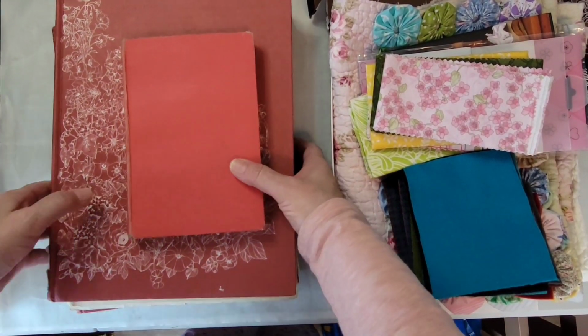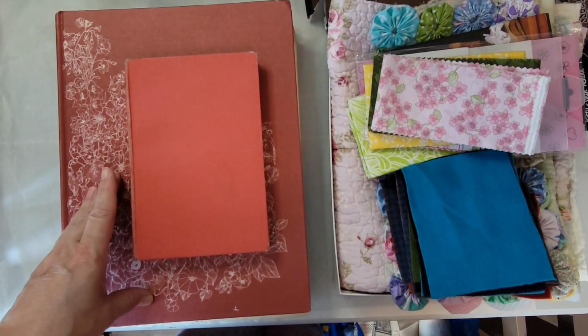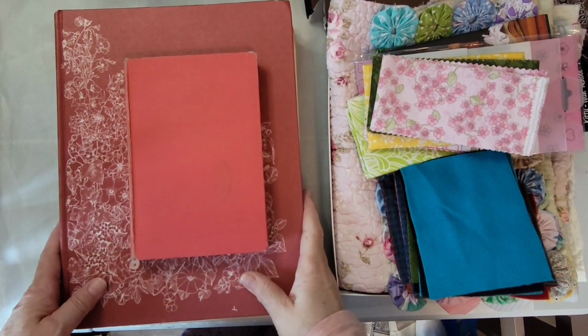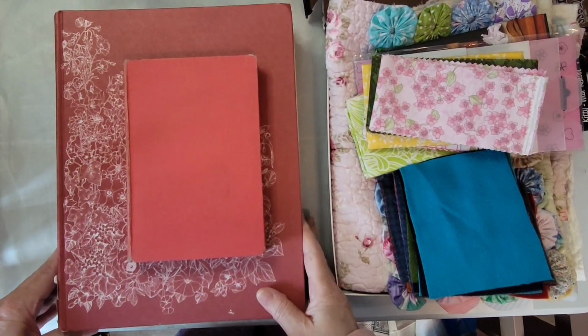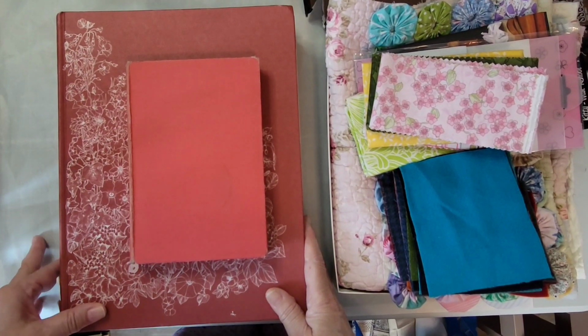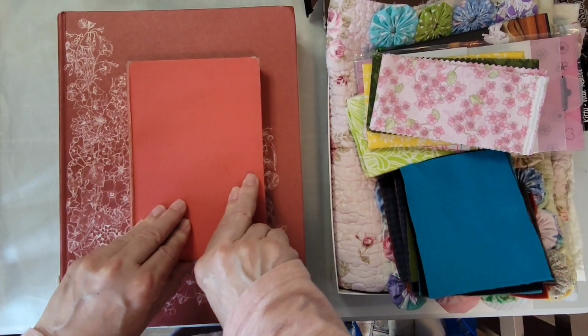I'm playing around with my photo settings, my video settings on my new camera. So I hope this will come out clear and it'll be what I'm looking for. I'm just trying to understand the settings, so let's give this a whirl. So this is my